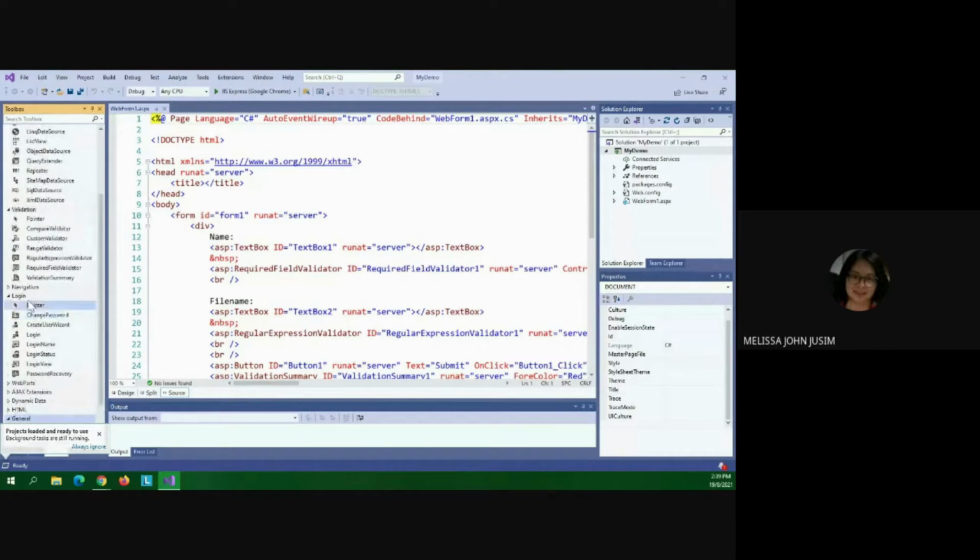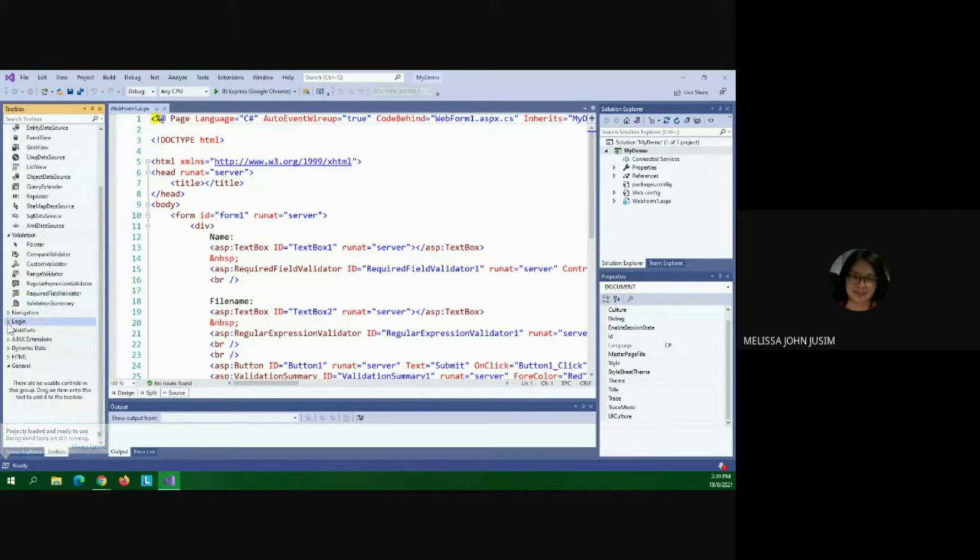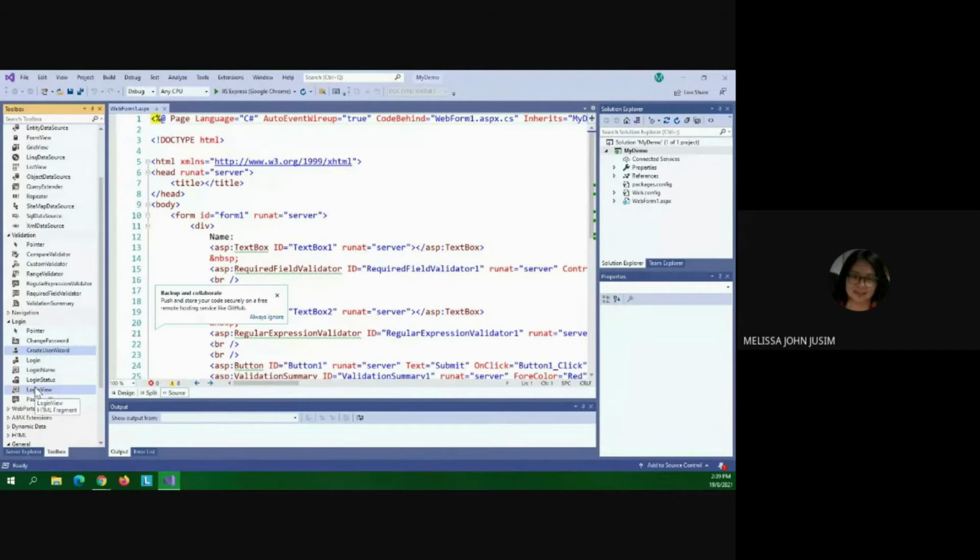Where's my, this one, login control. Okay, the create user wizard. There's a login name, login status, login view, change password. Okay. Or you use manually. You didn't use any of the